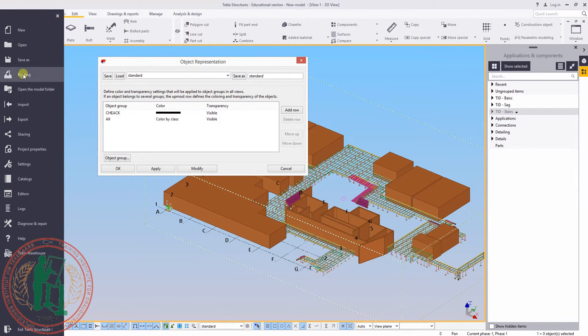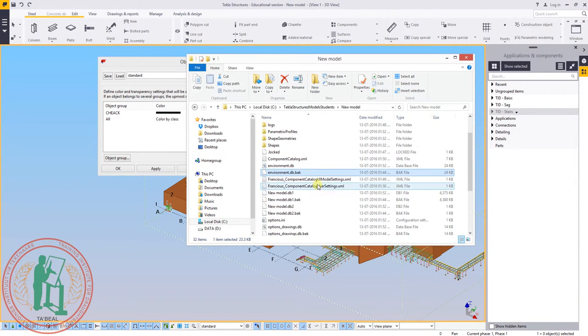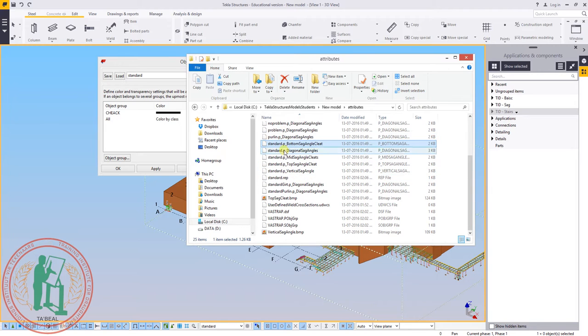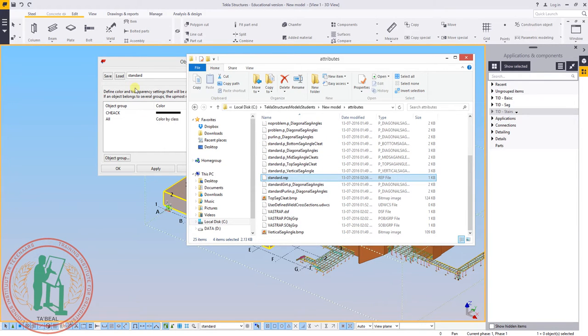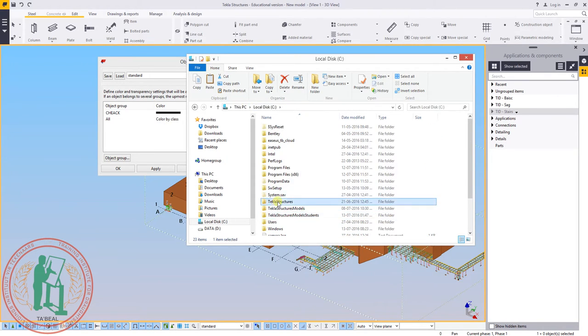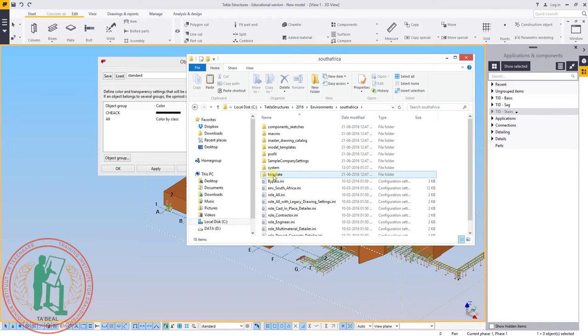The reason I'm saving this standard rule set is I would like to use it in all other new models. Now, as I do not know what it is, I'm just going to go and look for standard in my attributes because I know that's what I saved it as. There I will find it, and if I check the time, it is correct. So I'm going to take this standard representation file as well as these check files. This is the rule I made, and this is the standard file that says the rule has to be in. Then I'm going to copy these into my Tekla Structures environments folder, 2016 environments South Africa, and I'll be copying